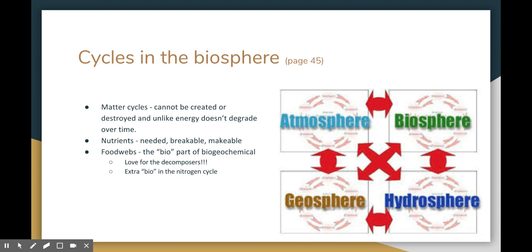When we use the word nutrients, we are talking about compounds that are essential for life. There are some major nutrients that we all use, and those are identified in each of the various chemical cycles. No nutrients, no life. They're the chemicals that make our biological processes possible. That being said, they're not